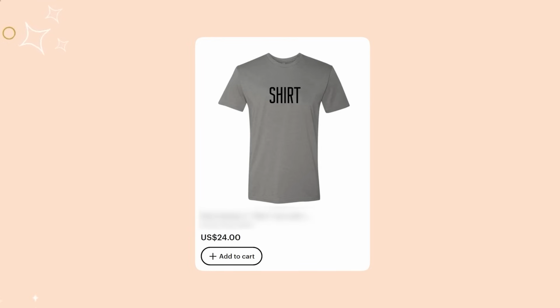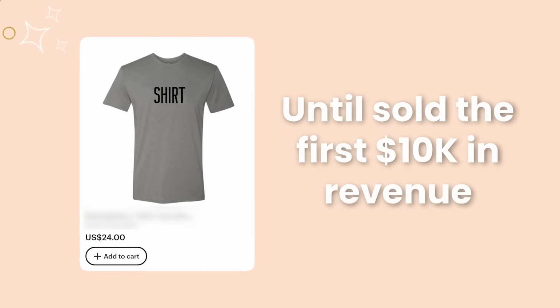So for this strategy, if I was starting over from scratch today, I would choose one product to sell until I sold my first $10,000 in revenue on Etsy. Ideally, this would be a proven to sell product on Printify. Luckily, there is a really easy way to tell what sells well for print-on-demand sellers on Etsy, and that is